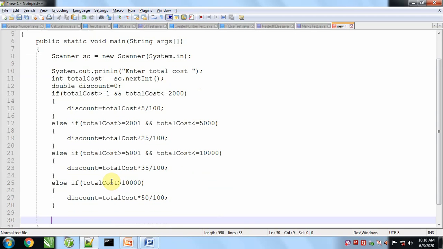Now we have to print the message. System.out.println total cost. It will print the total cost.